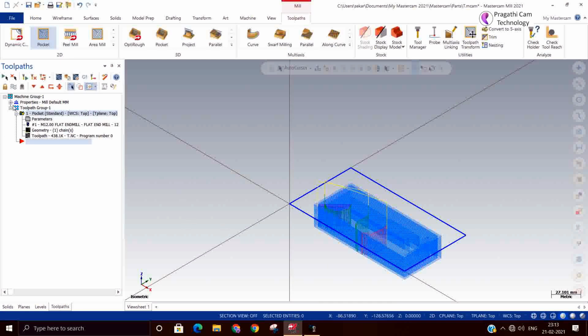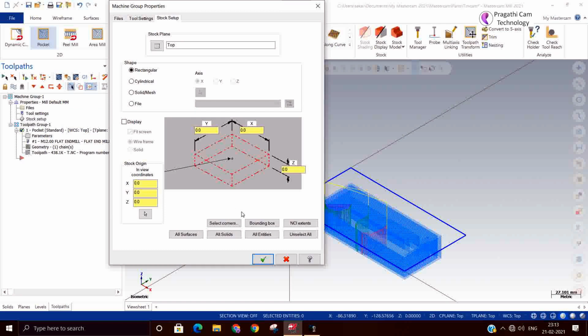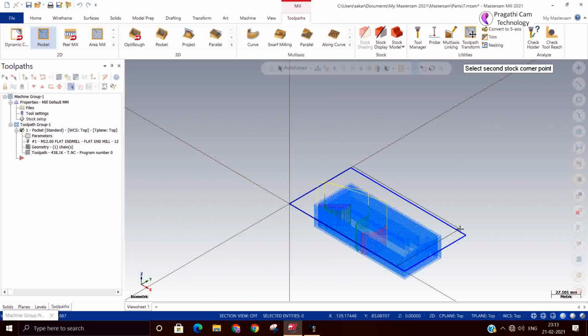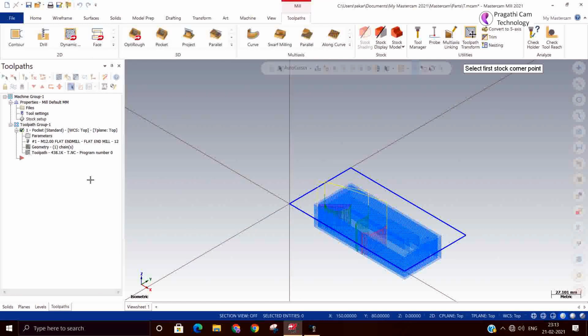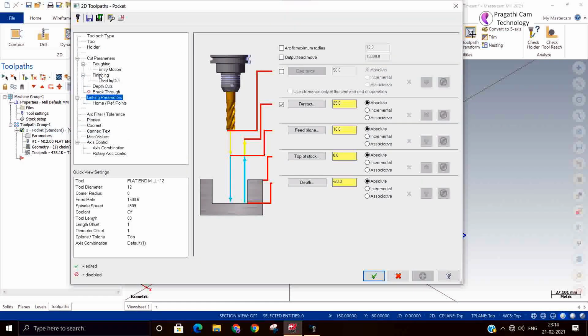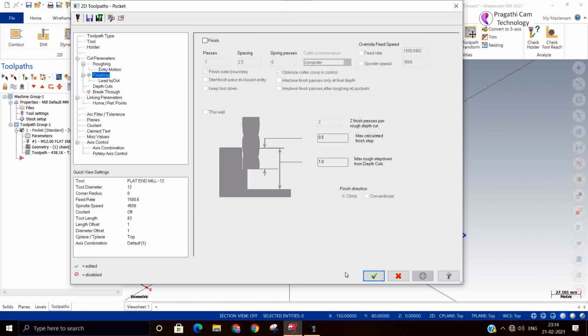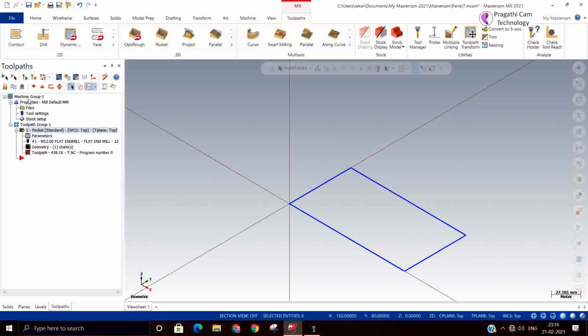Now we'll define the stock for this material. I'll say bounding box, or corner to corner, and the thickness we can give. Okay. Now we will not do finishing here, only roughing. Okay, and regenerate. Now we have done the roughing.